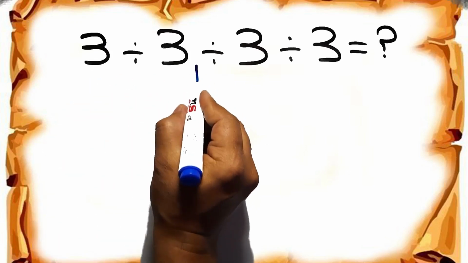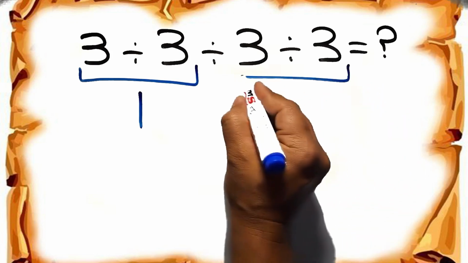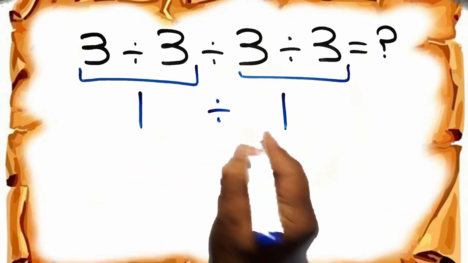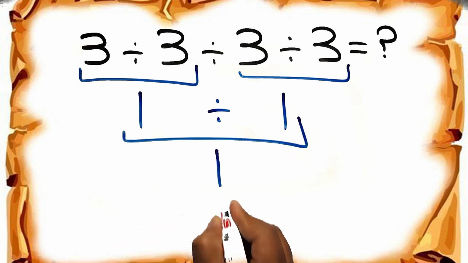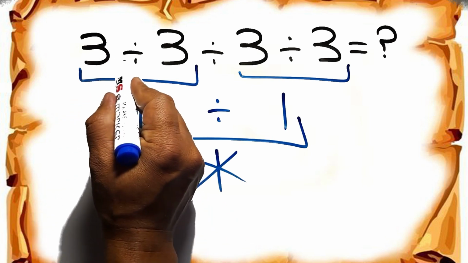3 divided by 3 gives us 1. And again here we have 3 divided by 3. So 1 divided by 1, which gives us 1. But this answer is not correct, because according to the order of operations, when we have more than one division